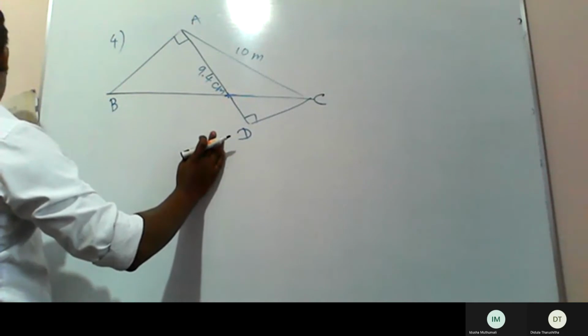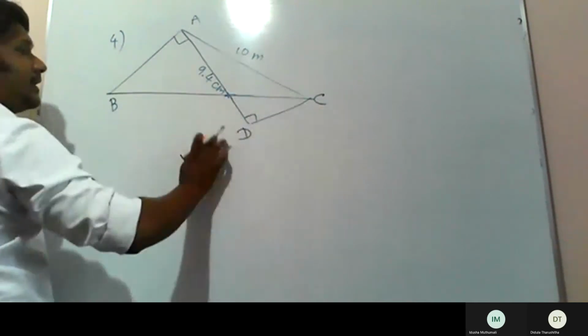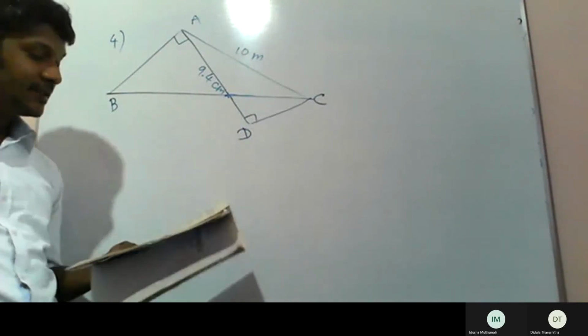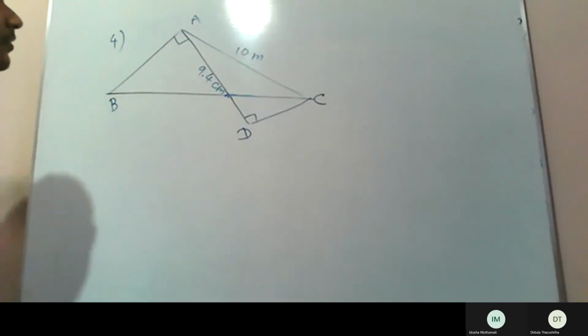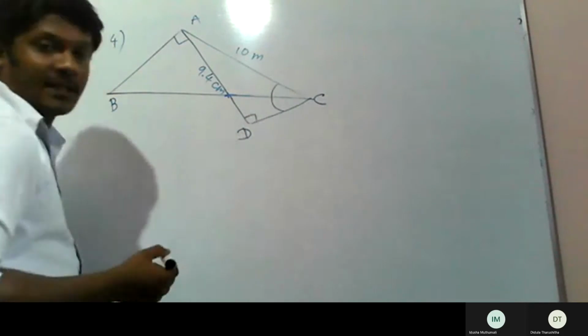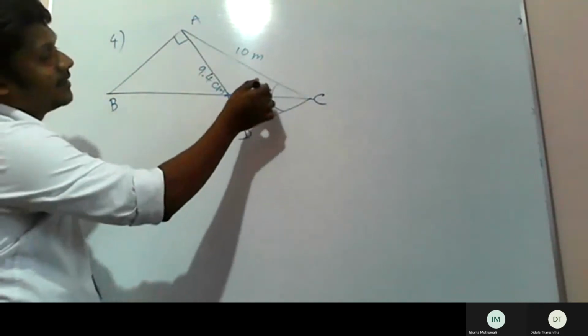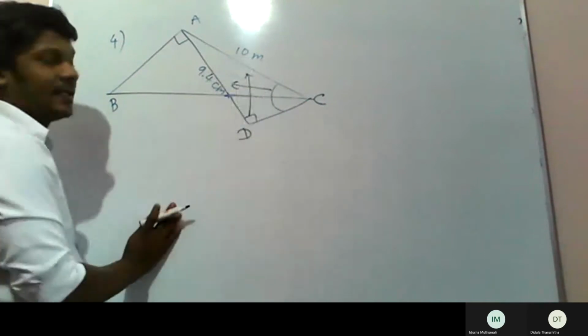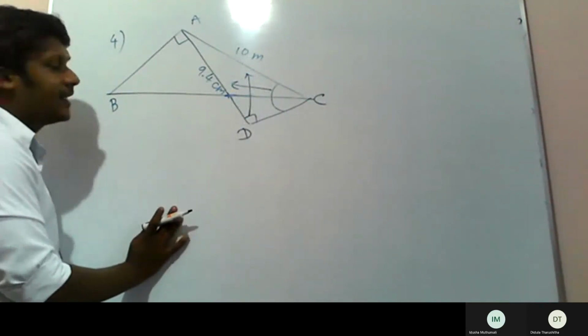Show that ACD is 70 degrees to the nearest degree. Right, so now find ACD. This is the opposite side of the angle ACD. This is the hypotenuse. Opposite side over hypotenuse